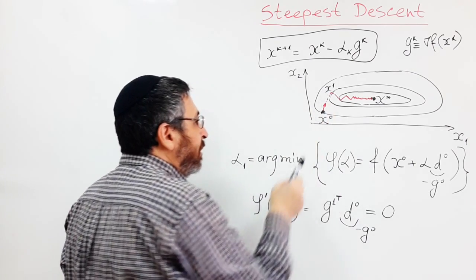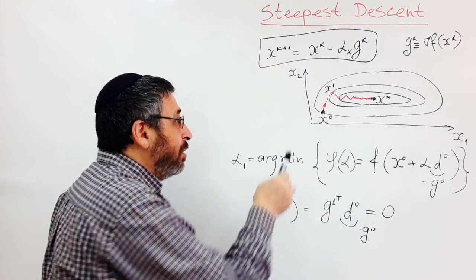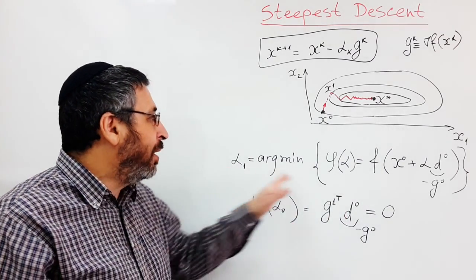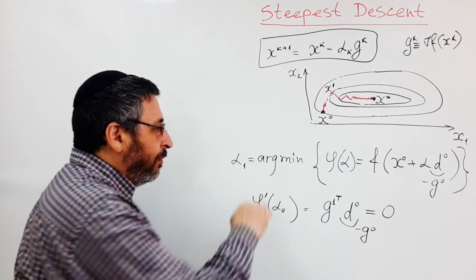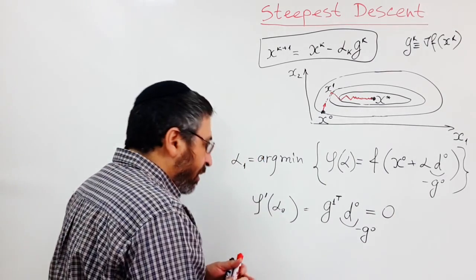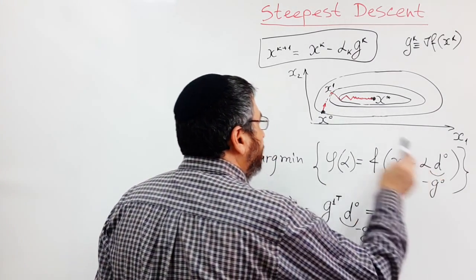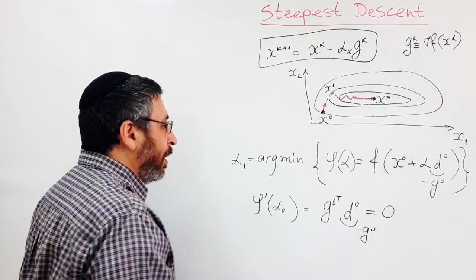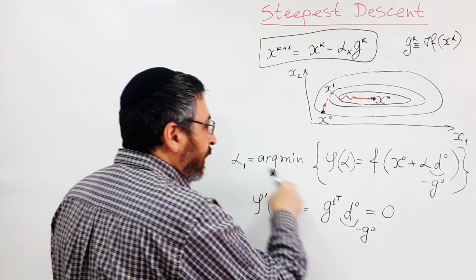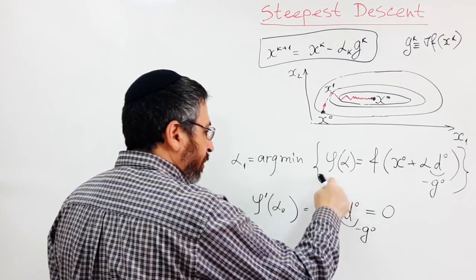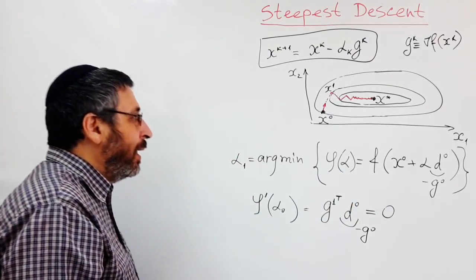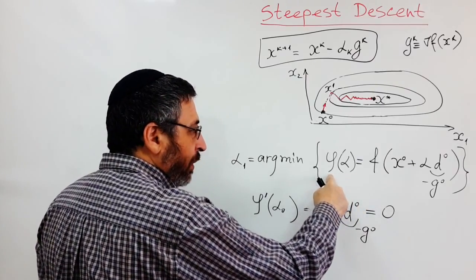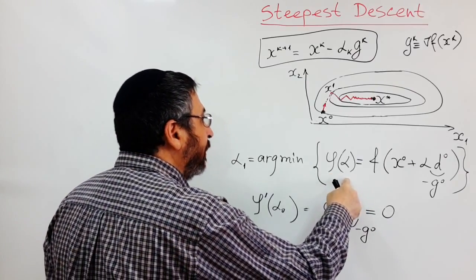We go in this direction, and assume that we want to get the most from this direction. We do accurate line search. We minimize our function in the direction of d0, which is minus gradient 0. When we get to the minimum with respect to step size alpha, the derivative of our one-dimensional function phi of alpha should be 0.